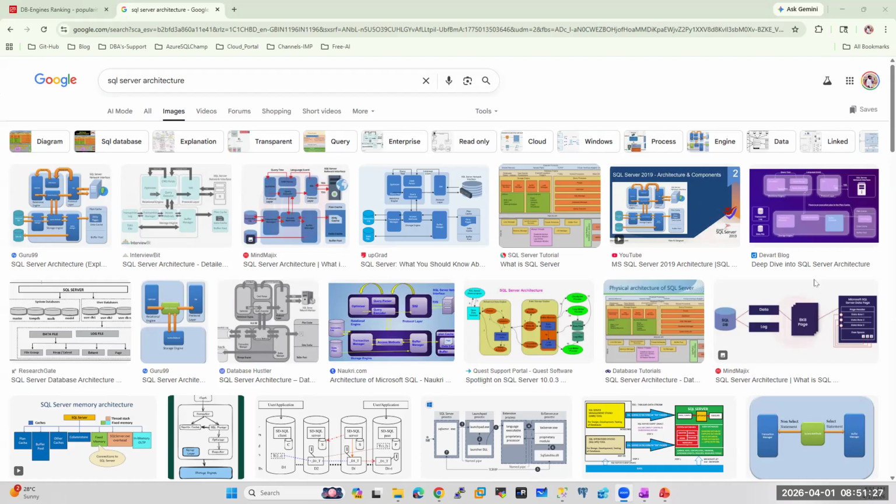As a database administrator, before we discuss SQL, the features, and all this stuff, we must first understand the architecture: how the SQL Server engine is processing internally. SQL architecture plays a major role, not only in SQL. If you go for any database management system, architecture will play a major role.